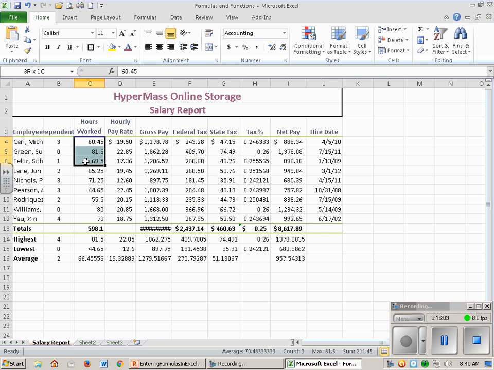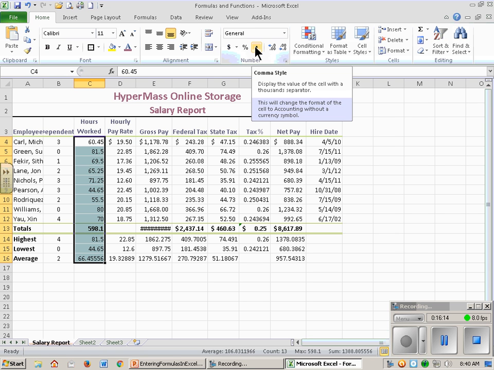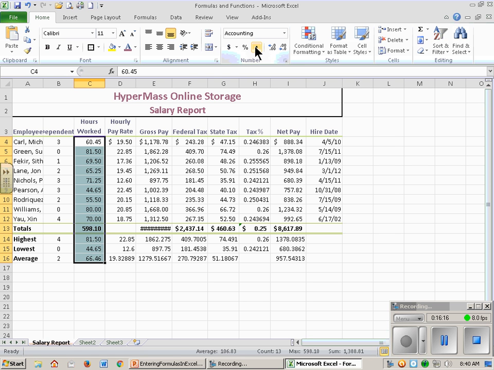to C16, and now click the comma style button. So click comma, it didn't add any commas, but that's okay. Let's keep going. At the bottom of page 98,